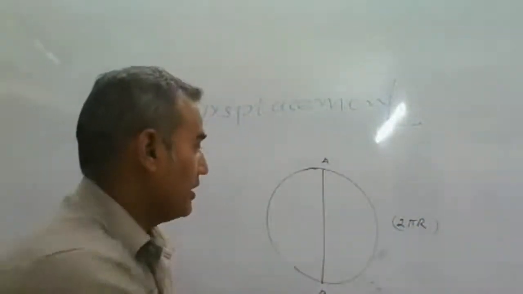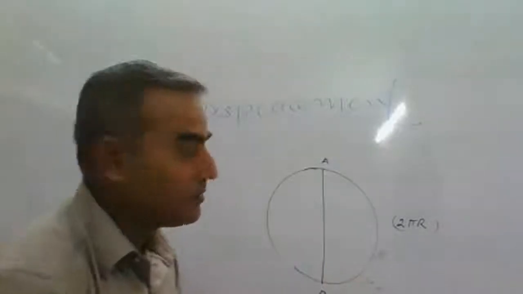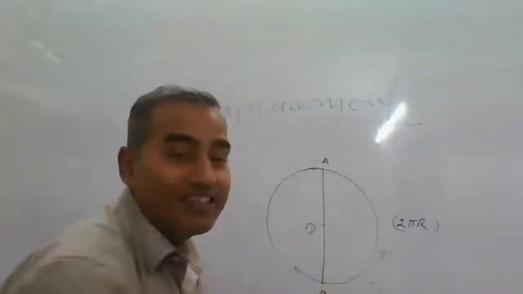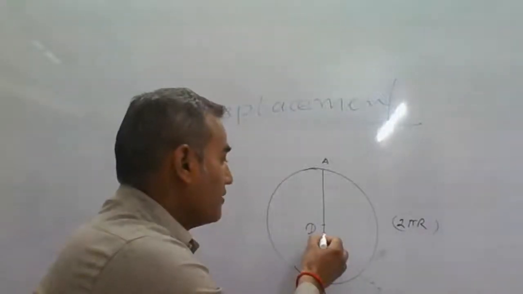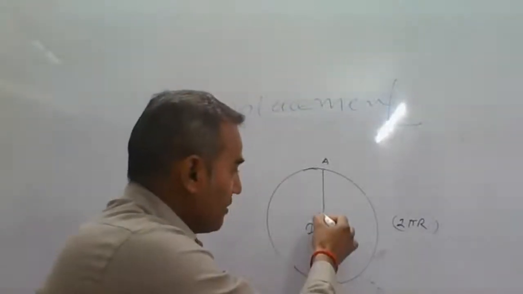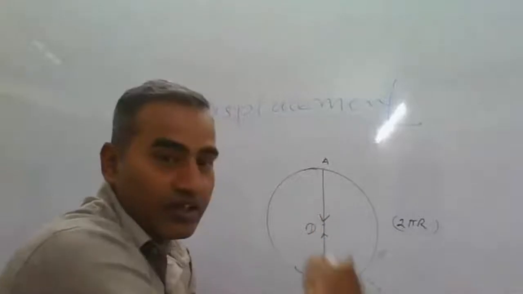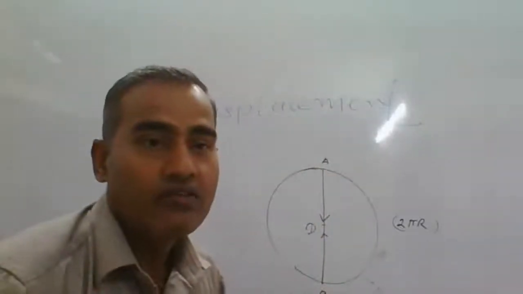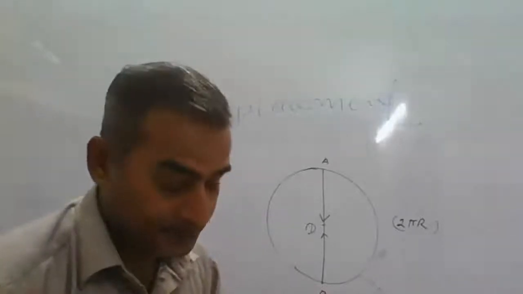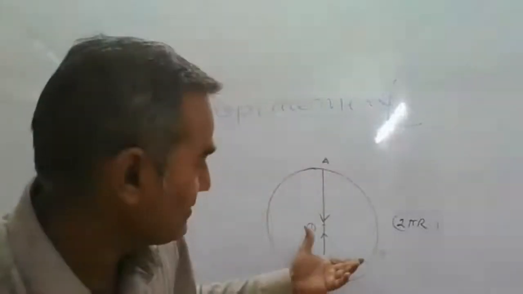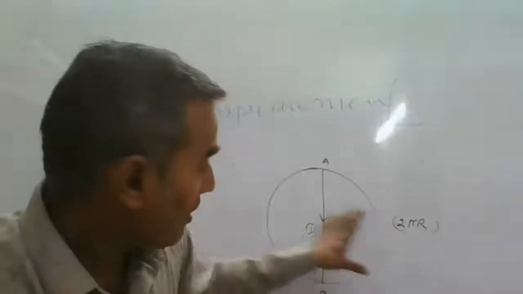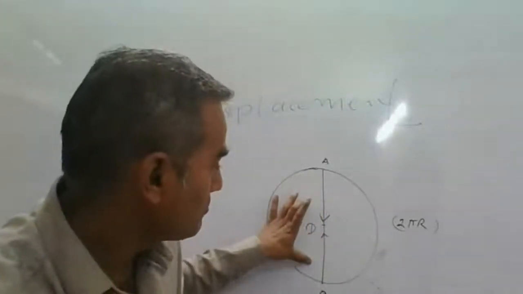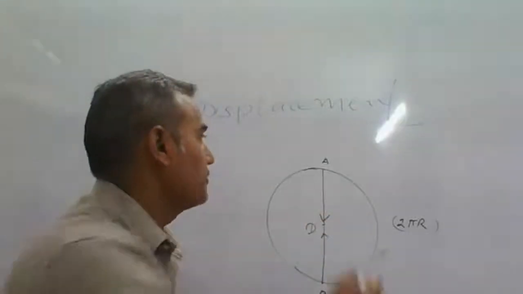And AB is the minimum distance between two points and it is the diameter. So it is displacement. A to B and then we come B to A. In one circular motion, the total distance is 2 pi r and displacement is 0 because